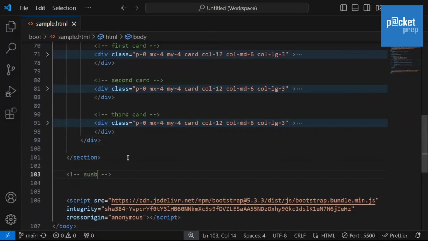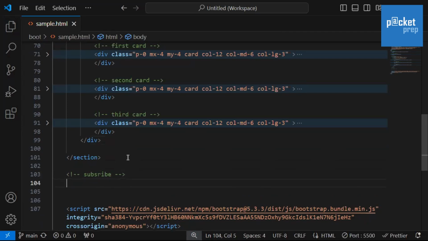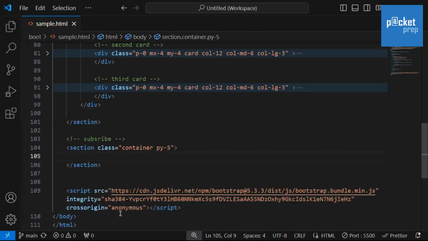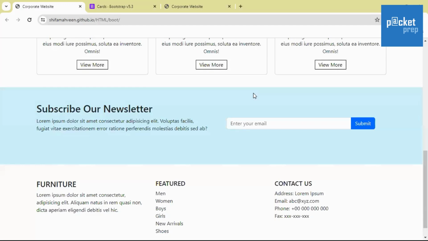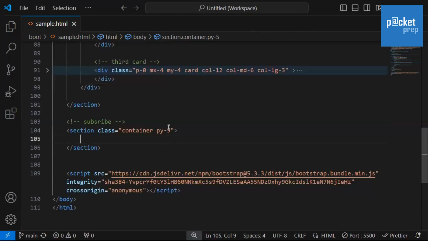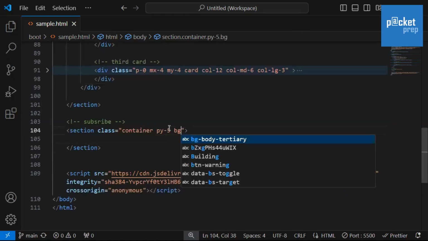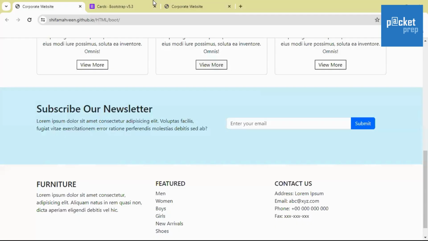So this is a subscribe. Same thing here also will do. Section will give it container class for equal width and py5. This py5 will change if in some case it's looking very large. So it has some background color which is light blue. So if I just give bg info,